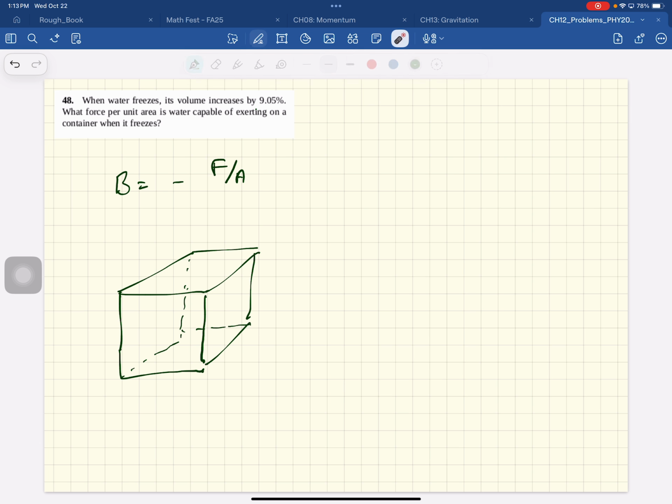So you fill this container with water. And when the water freezes, what does it do? It wants to expand. The water wants to expand by 9% of its original volume. So what is it that you have to do? You have to apply forces to decrease the volume of that ice, and you have to decrease the volume by this amount, by 9%. So this is 9% or 0.09. So force